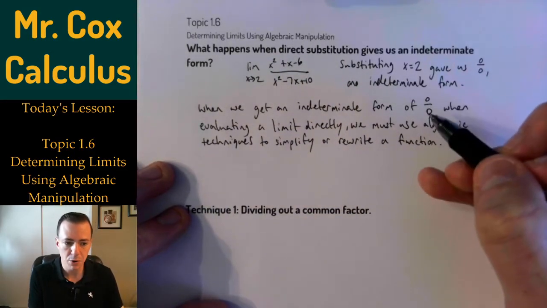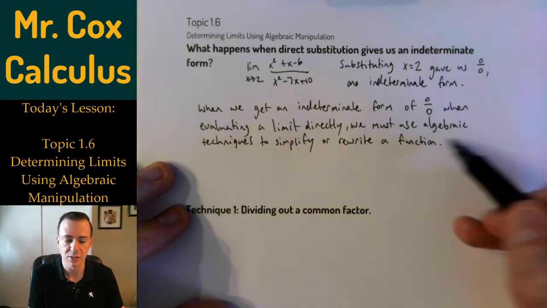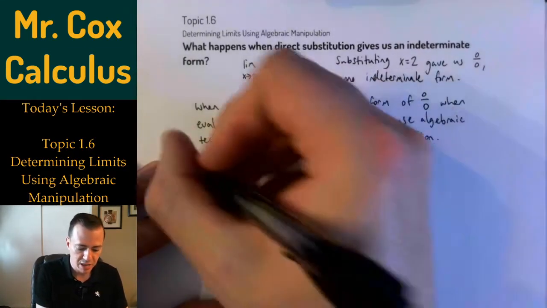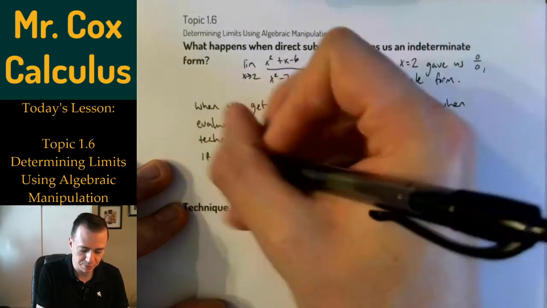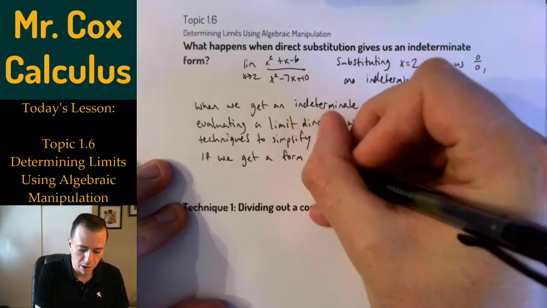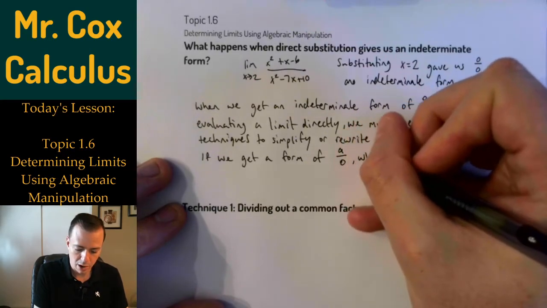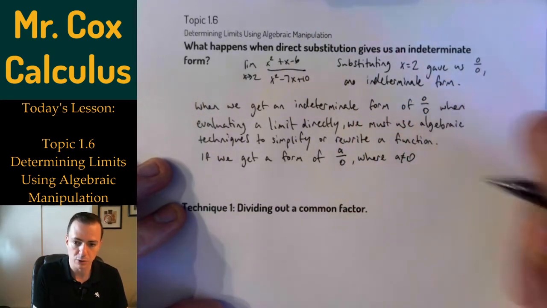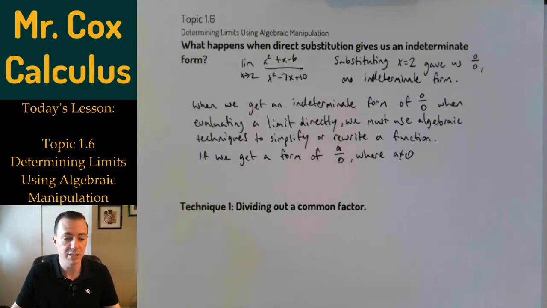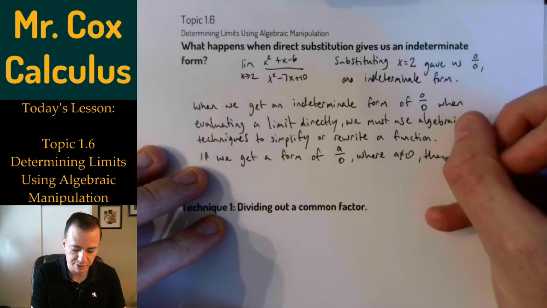So if we get 0 divided by 0, that means we need to try something else. And today it's going to be algebraic techniques. If direct substitution gives us the form of a divided by 0, where a is not equal to 0, so if I get some value divided by 0, that's not 0 divided by 0. 0 divided by 0 is the indeterminate form, but any other number divided by 0 is going to tell us